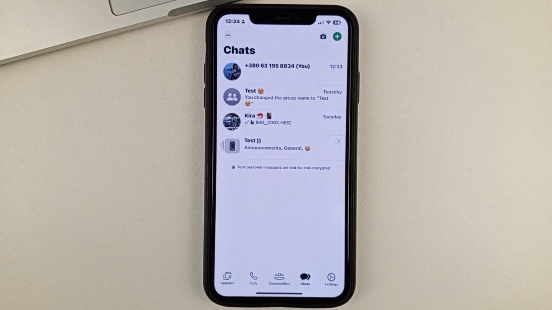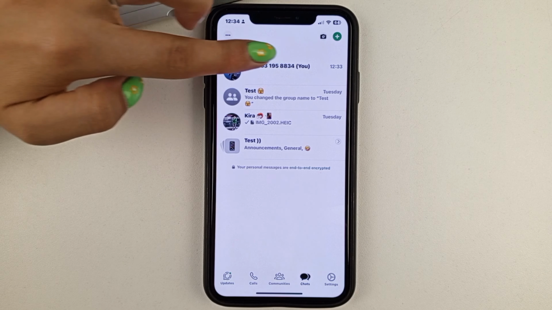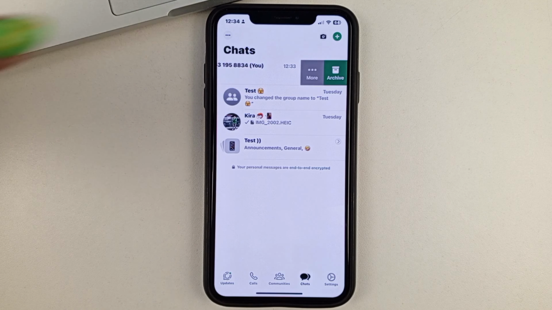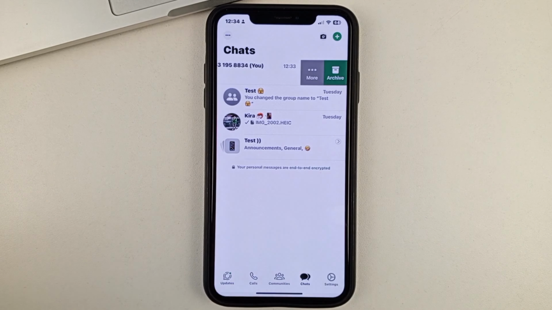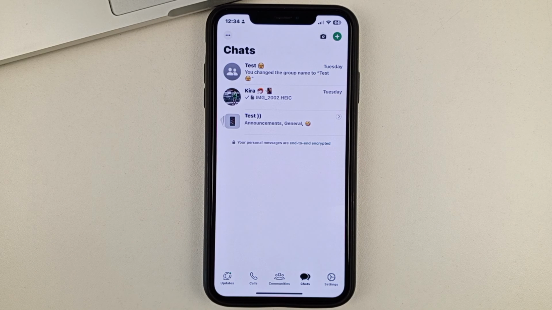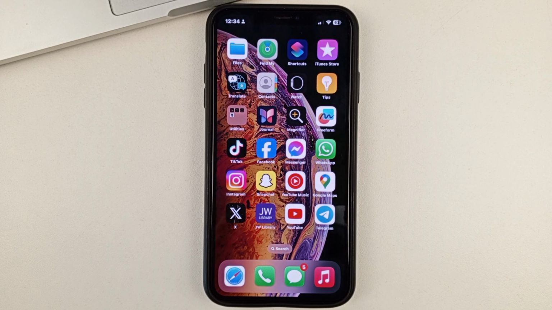Also, if you'd like to completely get rid of all correspondence with a person, you want to even delete the chat, then you have to swipe from the right-hand side to the left-hand side a little bit. Like this. Then you have to swipe again and delete the chat here. And as you can see, instantly the chat with the person will be deleted. Friends, this is the way you can permanently delete the message from WhatsApp app.